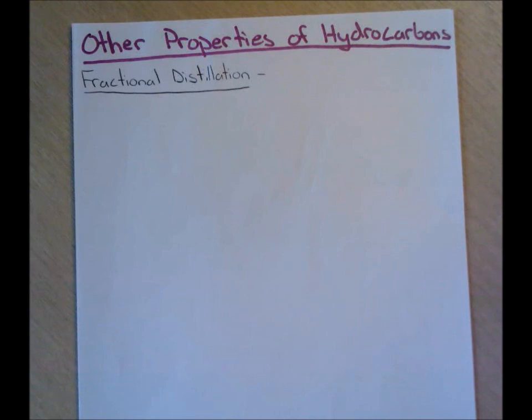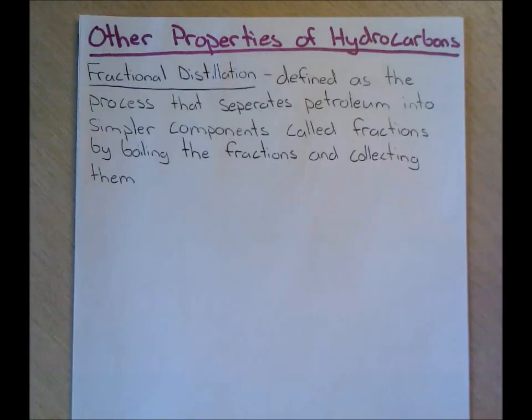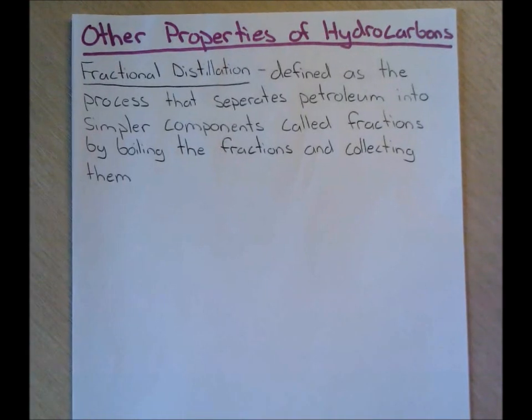This process occurs after they extract the petroleum out of the ground with those big oil rigs, either on land or off of those coasts. When they extract that oil, there are several different types of hydrocarbons contained within that petroleum. They ship these to refineries, and in the refinery they put that